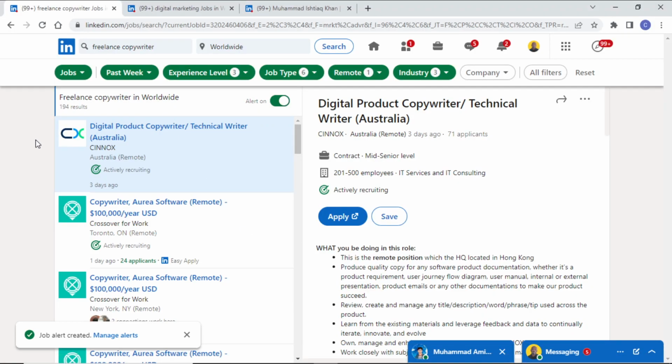Now, in the previous video, I talked about how you are going to find the keywords for two, four, or five different positions that you are open for, and after finding the keywords, you are going to craft a resume. For example, you had found 8 to 10 different keywords for this position of copywriter, like digital product copywriter,